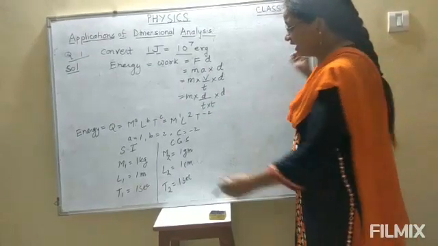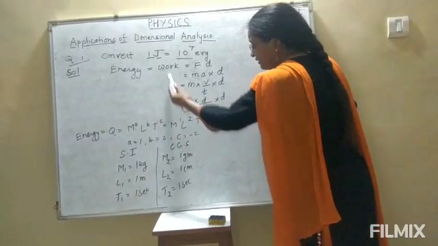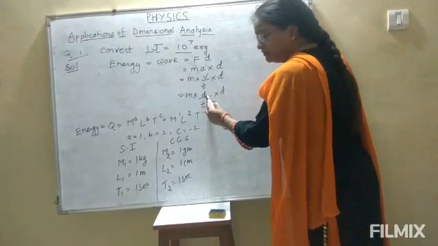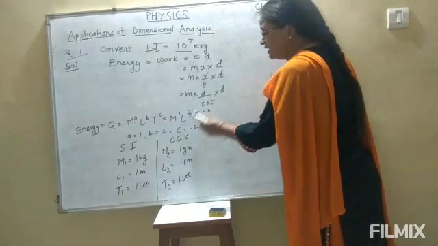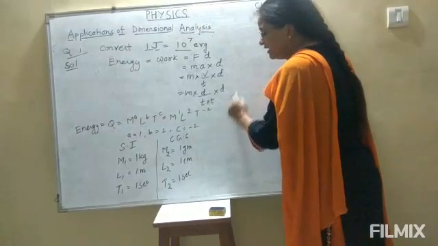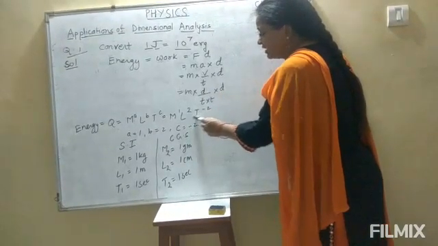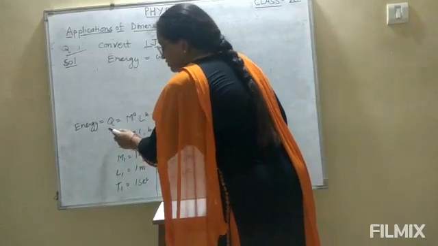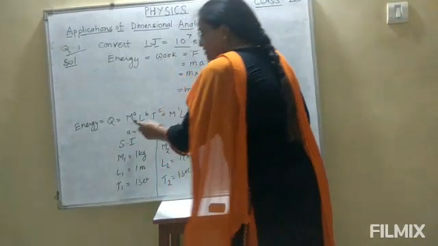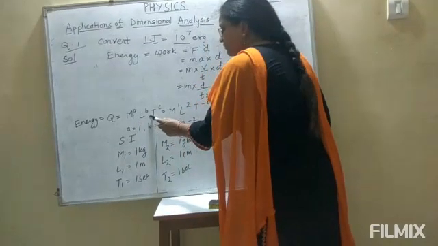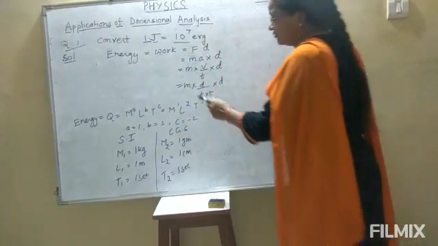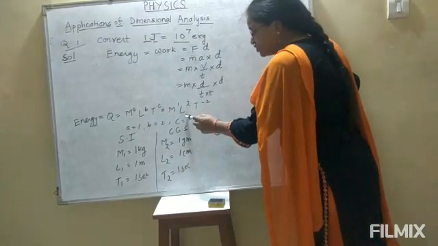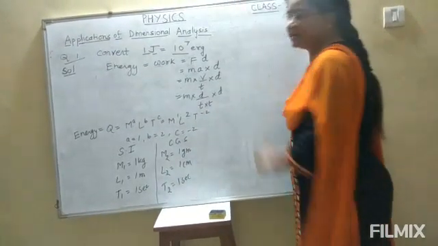distance. So we will get the dimensional formula of work done or energy, that is equal to M raised to power 1 into L, that means distance, raised to power 1 plus 1 is equal to 2, and T raised to power, it will go in the numerator side, so T raised to power minus 2. So for the energy, suppose we have taken the physical quantity Q is equal to M raised to power a, L raised to power b, T raised to power c. And here we have got the values of indices, that is M raised to power 1, L raised to power 2 and T raised to power minus 2.